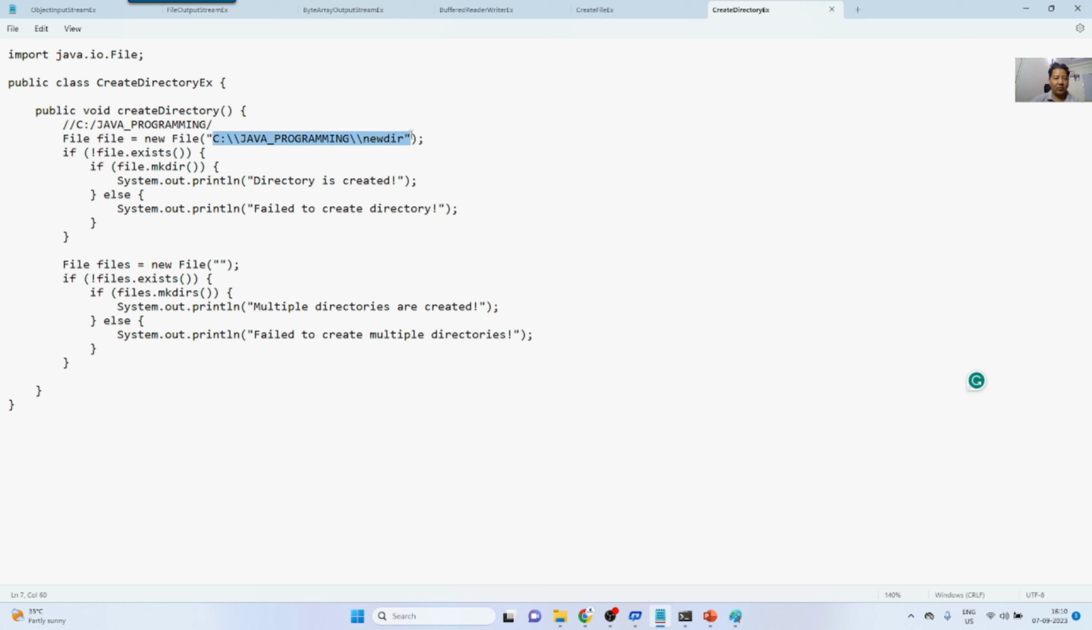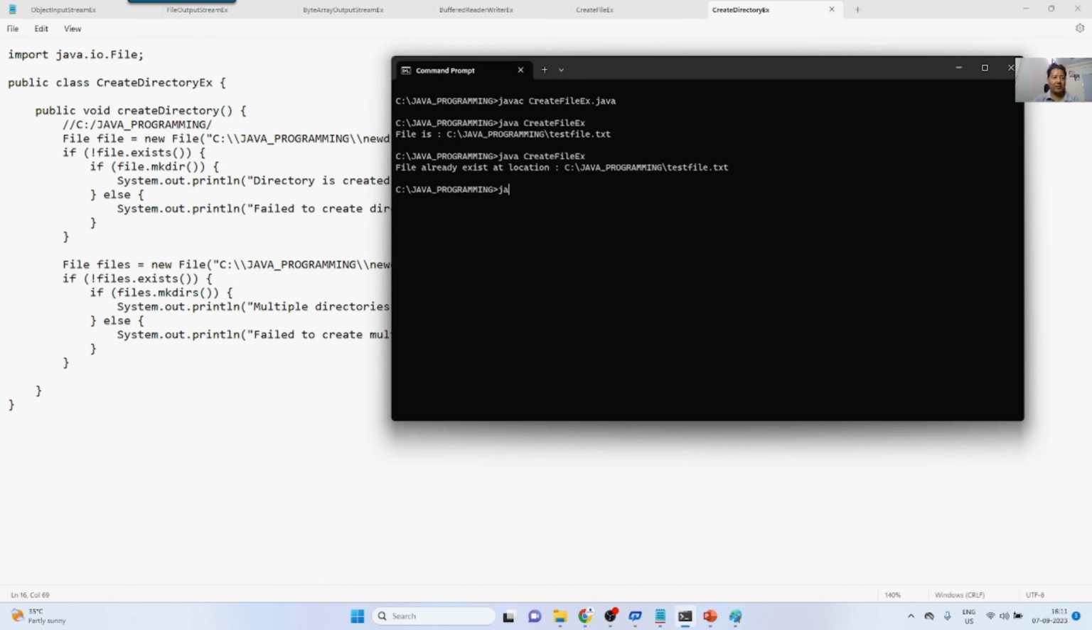And if I want to create multiple directories, I could also do that. Let's say newdir2 slash newdir3. That is also possible. So I'm just creating it. Let me compile this. javac CreateDirectory.java